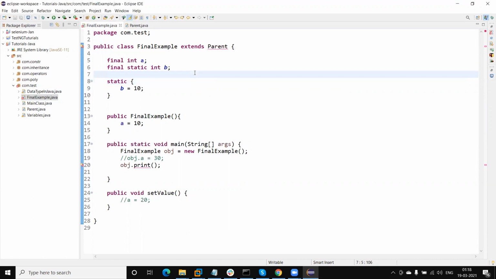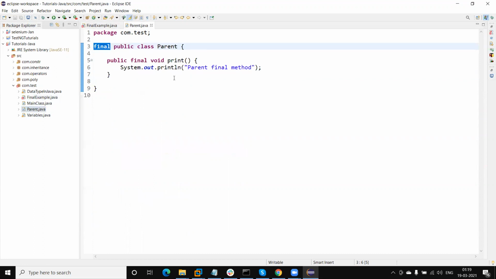It means if we create any class with the final keyword, then we cannot extend or inherit that class.